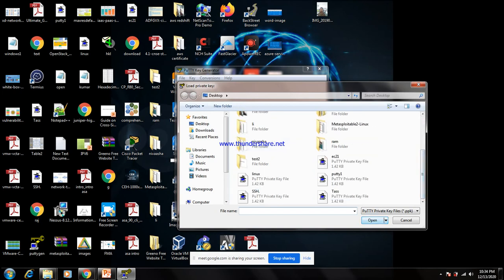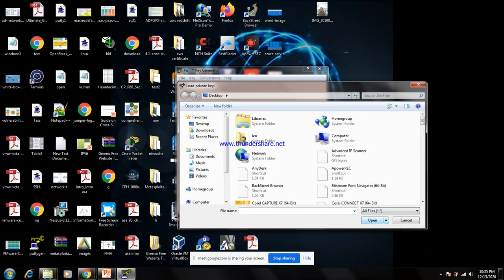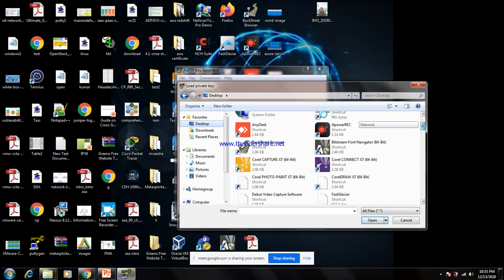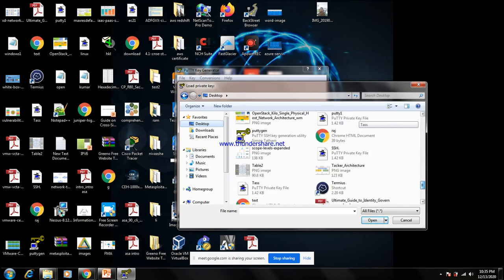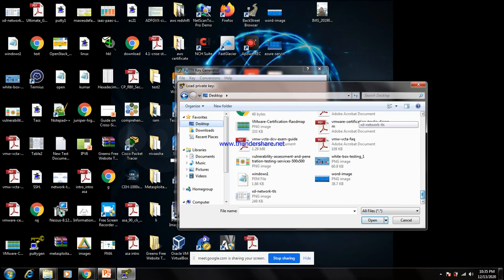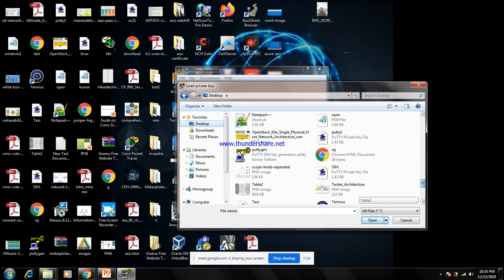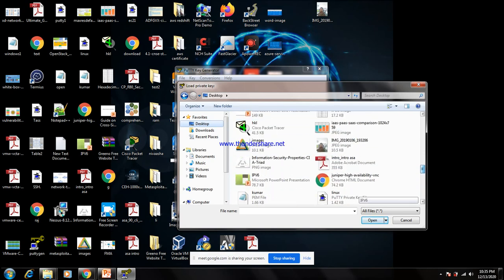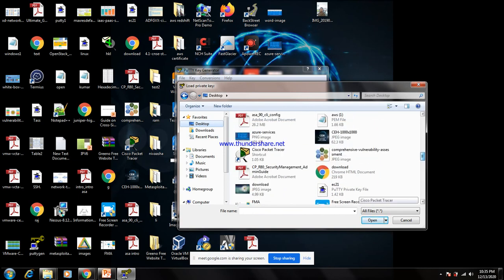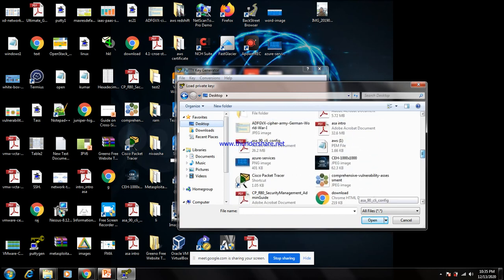I can select all files and go to the desktop. You can get this AWS PEM key.